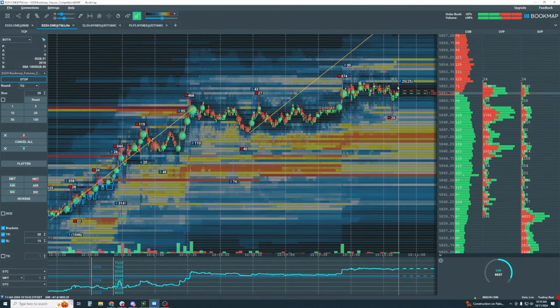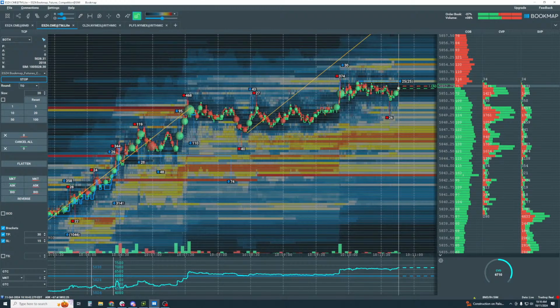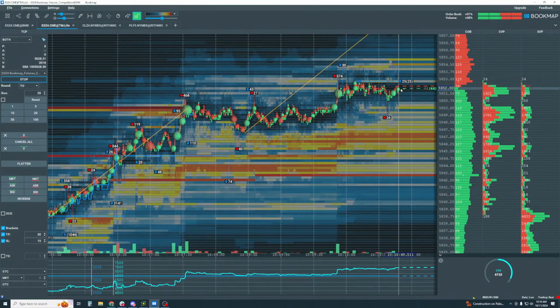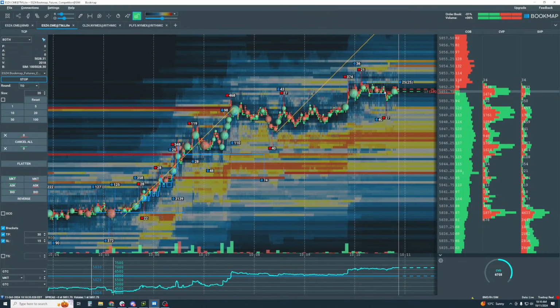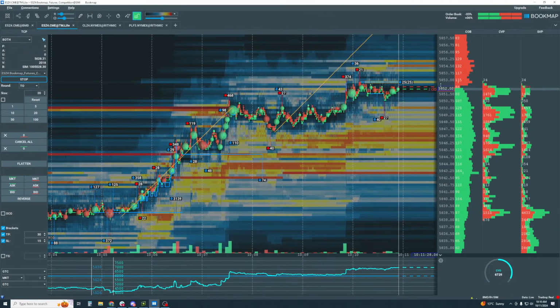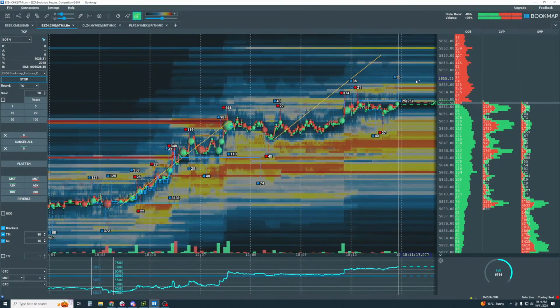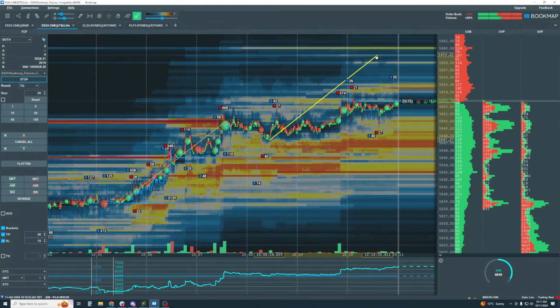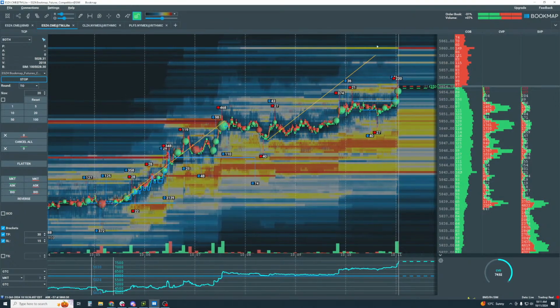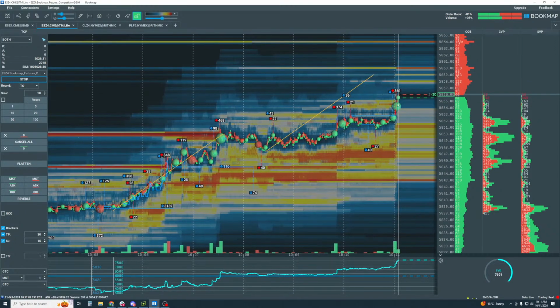We got to see buyers up here again at this 52. We get our buyers in here. They should be able to break it. We're not seeing many sellers. Sellers are backing away, so we're looking for buyers now to take it higher. Next level of liquidity is up here at 55, but our measured move is up here between 58 and 60. Okay, here's our move.